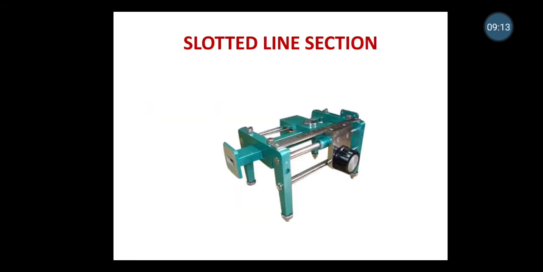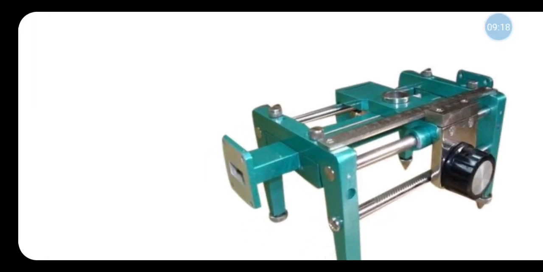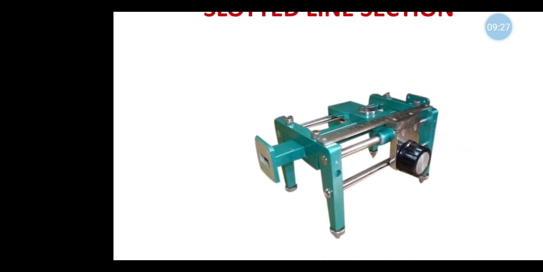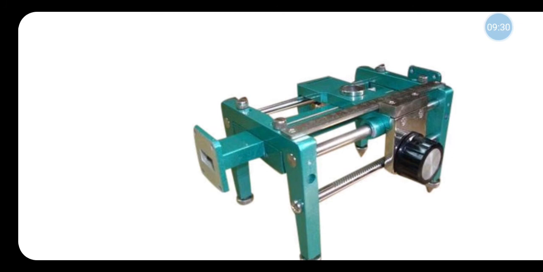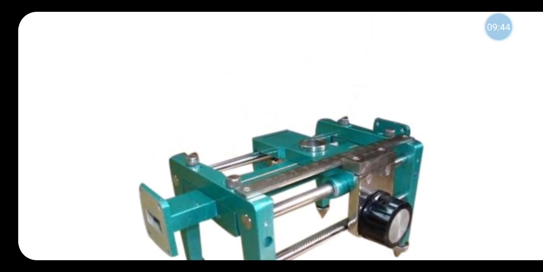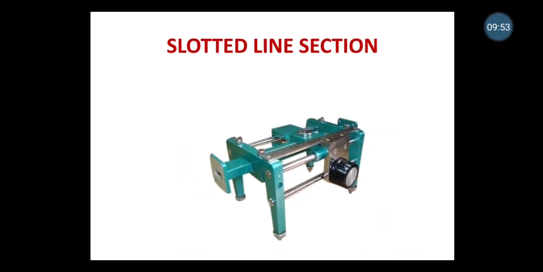And the next part will be a slotted line section. This is again a rectangular waveguide. You can see the opening part. This is just a waveguide, and in between you will have the slotted line section. You can see a black part which is called the plunger, which can be used to move the slotted line section from right to left or left to right. And on top of that you can see a circular portion which can be used for connecting a probe, and slotted line sections are usually used for VSWR measurements.